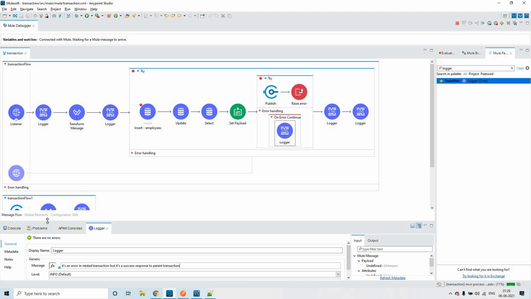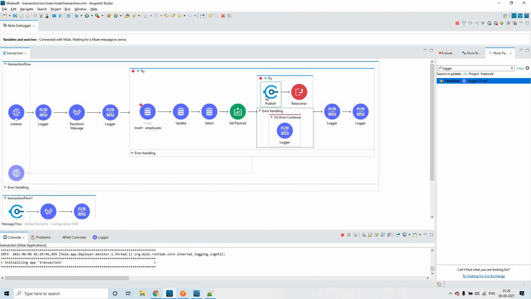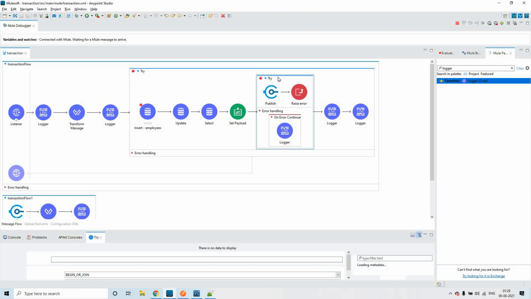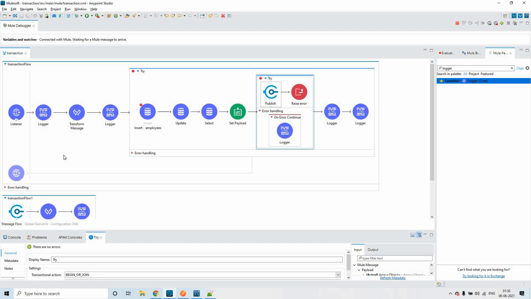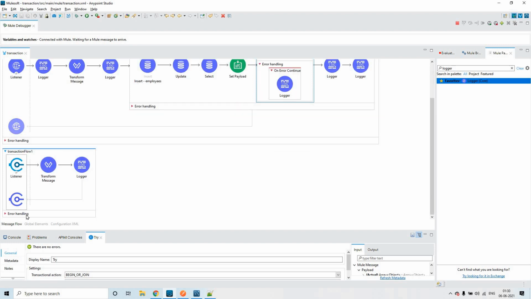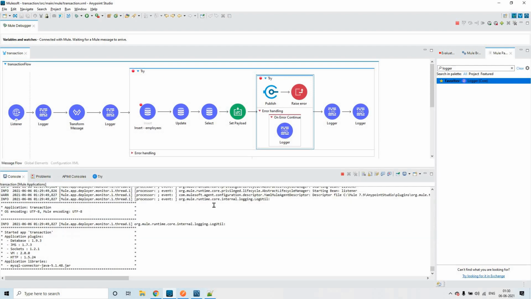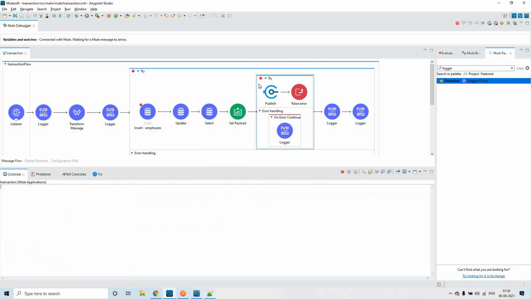Now we'll see what will happen, when it results in an issue. As we are acknowledging to this scope itself, or to this transaction itself, a success scenario, what will happen? Whatever we are converting to CSV will be shared to this listener, because it is not rolling back. Though the issue is coming, it is not rolling back the changes here, because we are sending a success acknowledgement to this transaction itself.